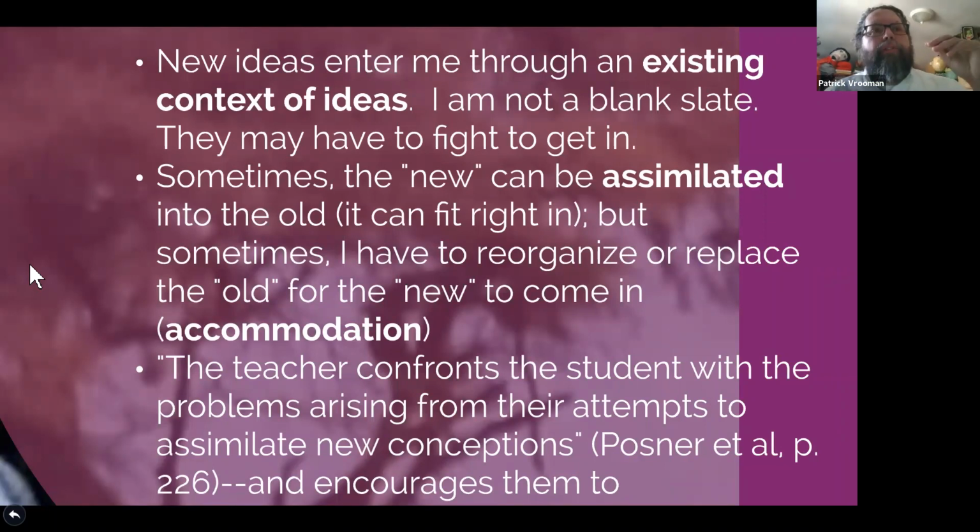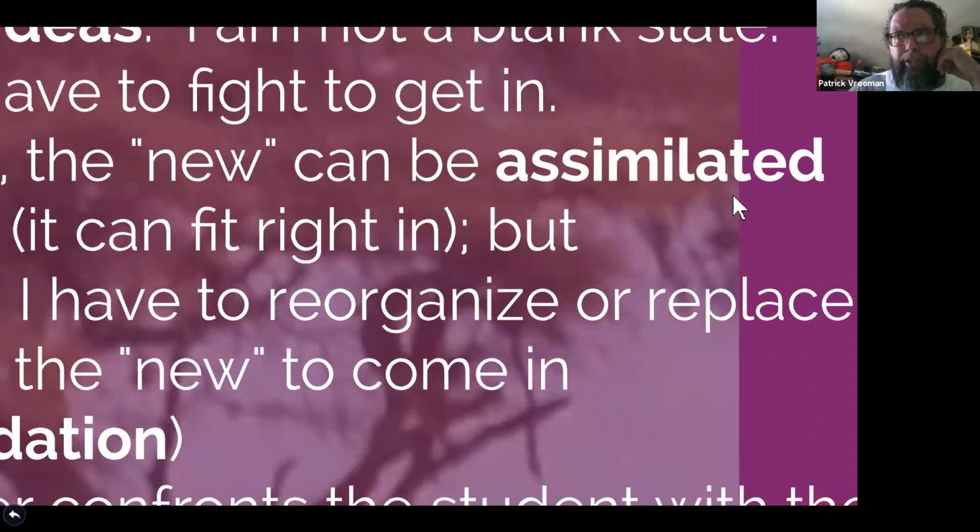The science educator said that when people are presented with something new, they first try to assimilate it. They use their existing ideas to cope with this new idea and understand it with their old ideas. We know this, right? This is what learning is. As teachers, we have some new information to teach, and now you have to attach it to stuff that students already know. So figure out what they already know and build upon that to build this new idea. So we're familiar with what they called assimilation.